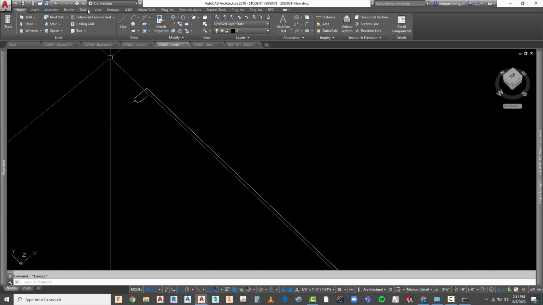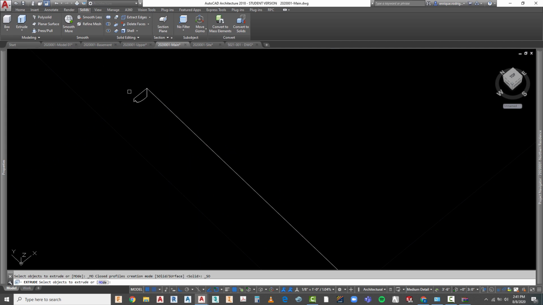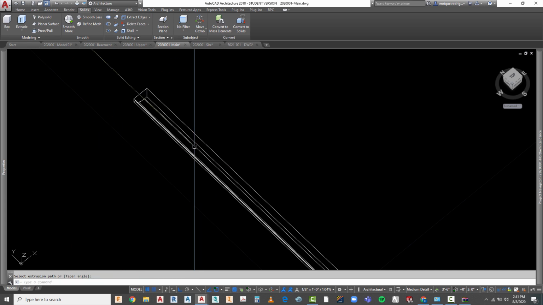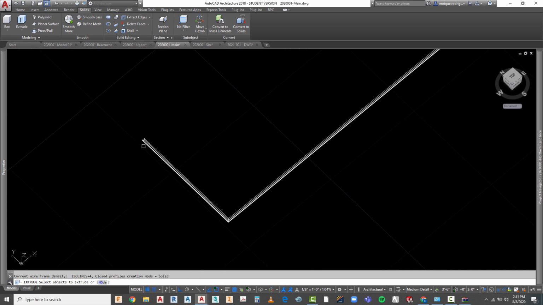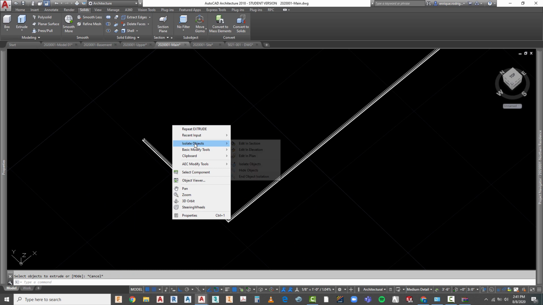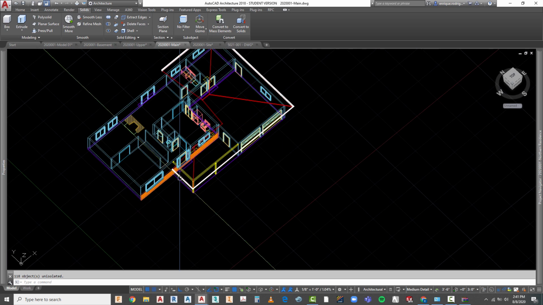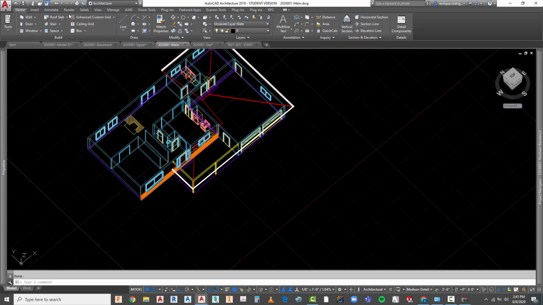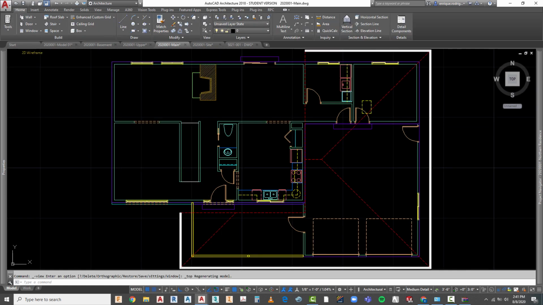And let's go ahead, go to solids, extrude, select our object, hit enter, go down to path, select the path, hit enter, and let's see what we got. I'm going to end object isolation for all the objects. Let's go back to our top view. Going to save that,